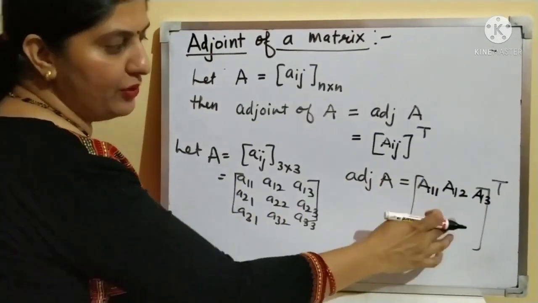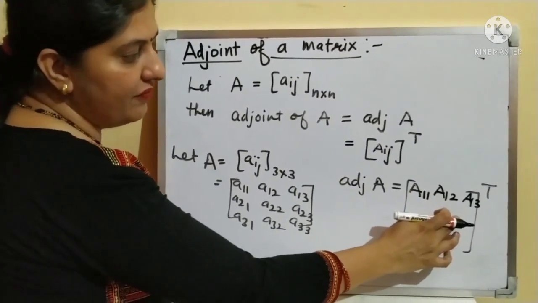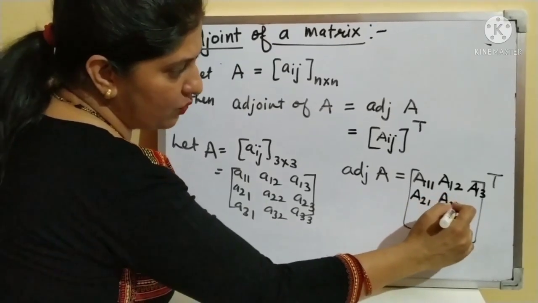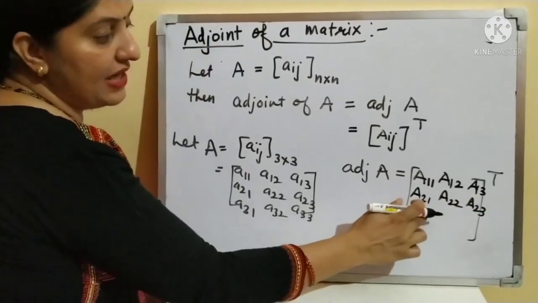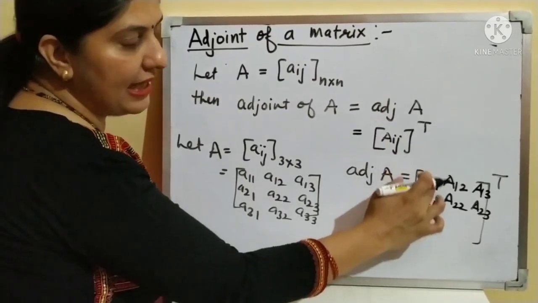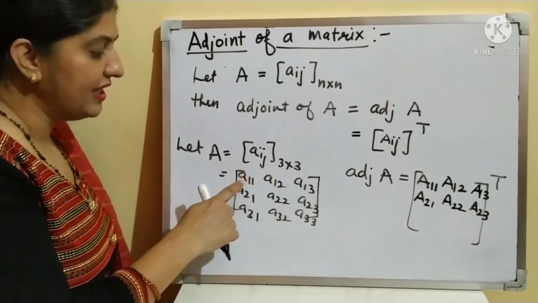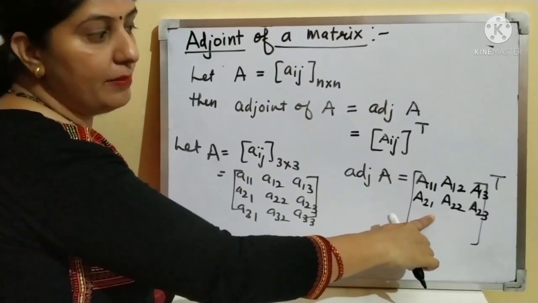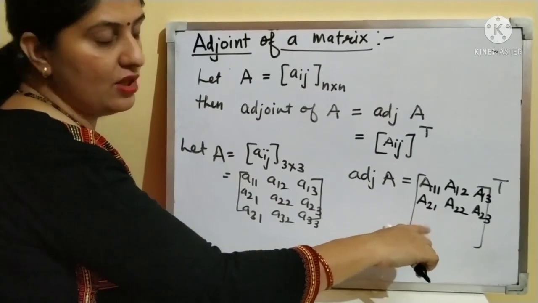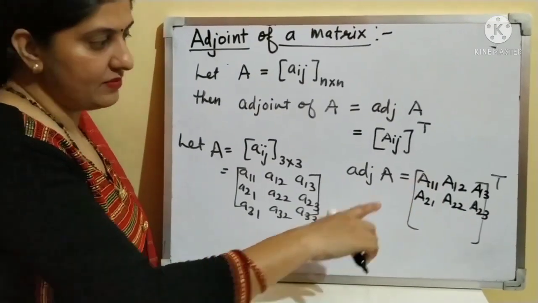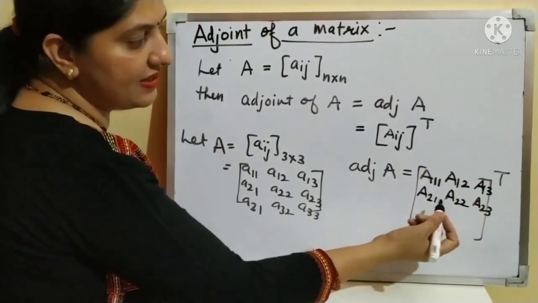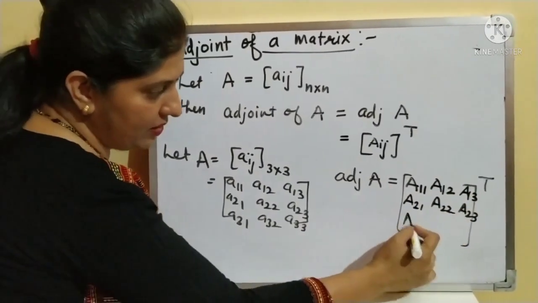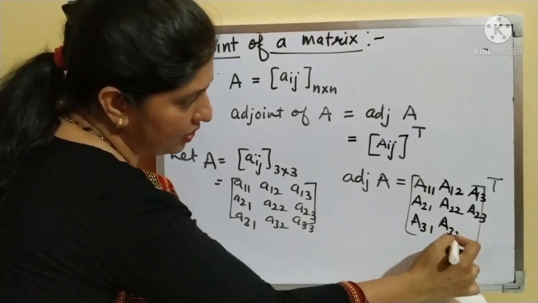So we have to form a new matrix of cofactors with entries A11, A12, A13. In the same way A21, A22, A23. This is matrix of cofactors, so I am writing capital A here. Generally elements are represented by small a, but you are making a matrix by using cofactors, so I am writing capital A. And generally representation of a matrix is first row, first column A11, A12, A13 in this way. And third row is A31, A32, A33.